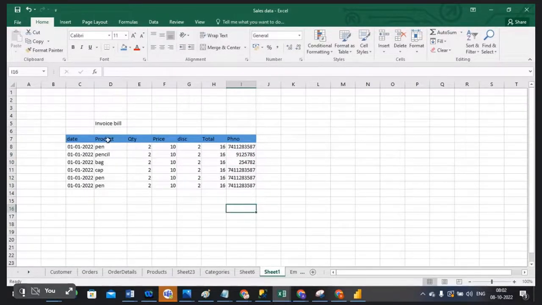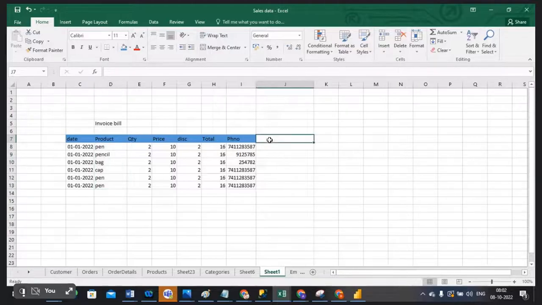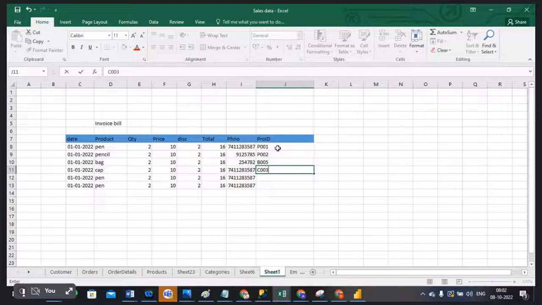And whenever you purchase a product, the product code also comes into the picture, guys. Each product has a code, right? So when you purchase any product, along with the product code, the product name will display. The product ID for pen is P001, for pencil P002, for bag B005, for cap C003, for pen again P001